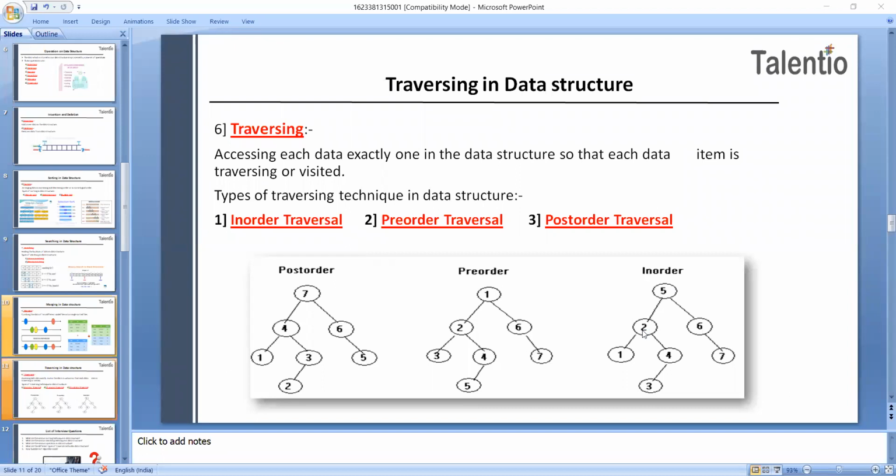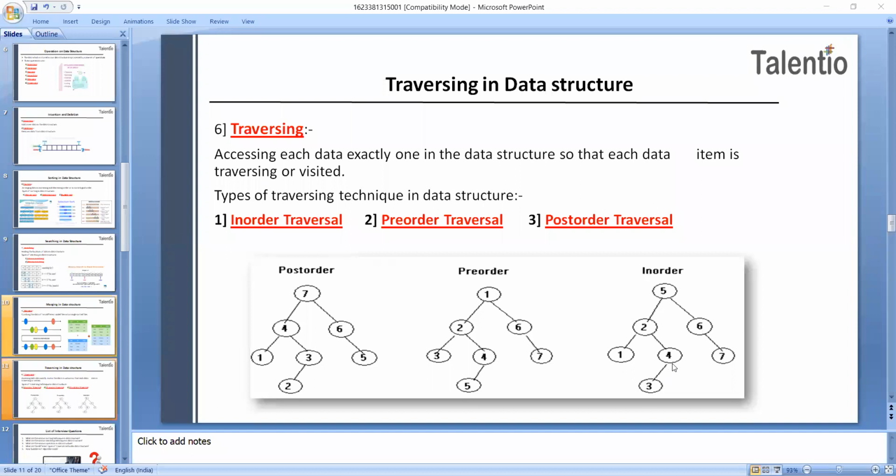Now we move to the left subtree, that is the b value, this 2 value here. So b is also traversed in order. The process goes on until all the nodes of this left side are visited. Now what will be the output of the in order traversal of this tree?